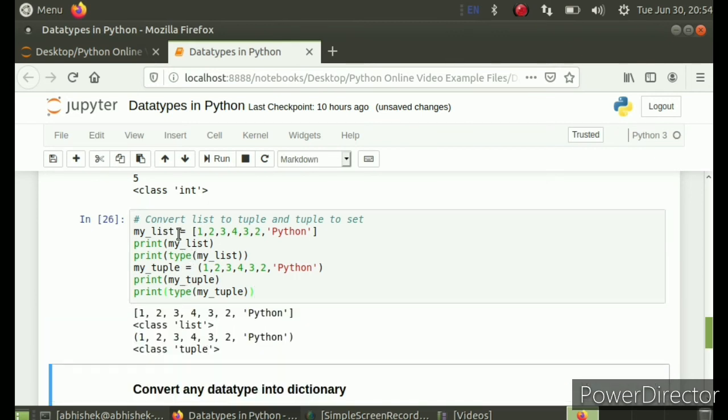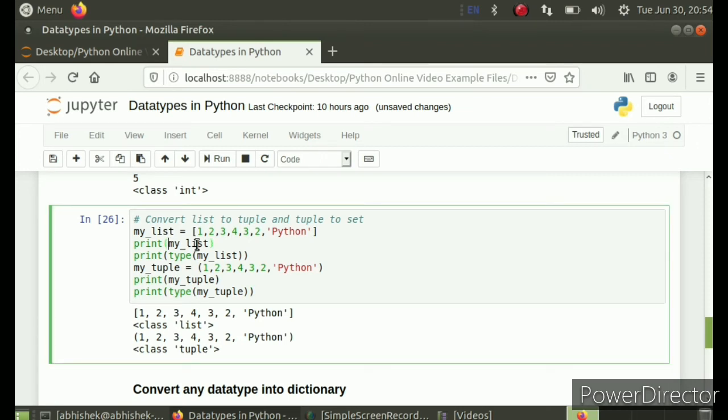So now this is a list in square brackets and a tuple in normal parentheses. Let me convert this list to tuple by using the tuple keyword. So I am writing tuple and entering in brackets. Similarly here I can write in my tuple also list. So list is the keyword, and let me put this in brackets.